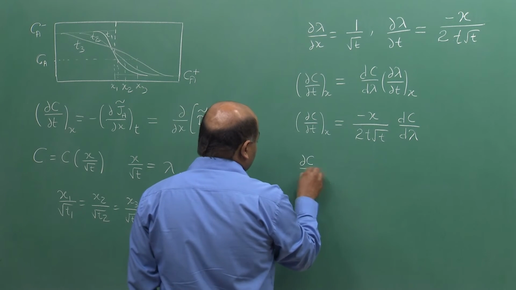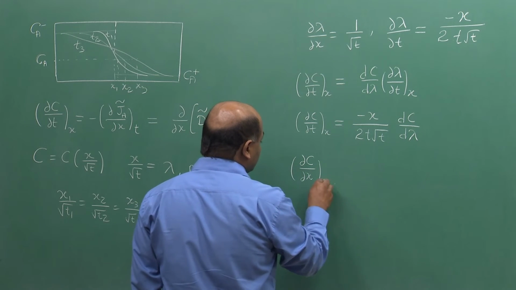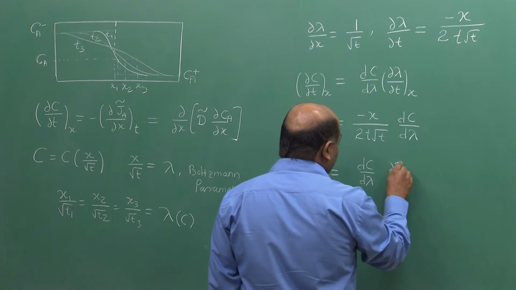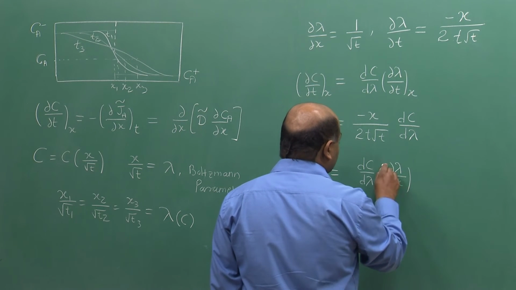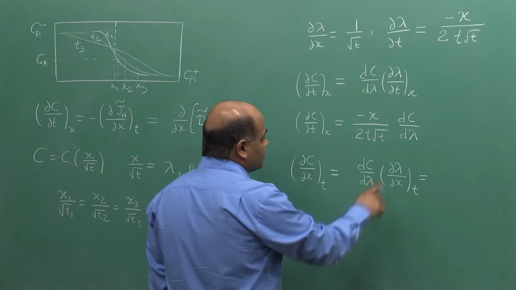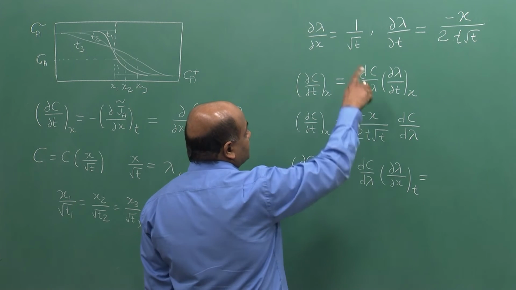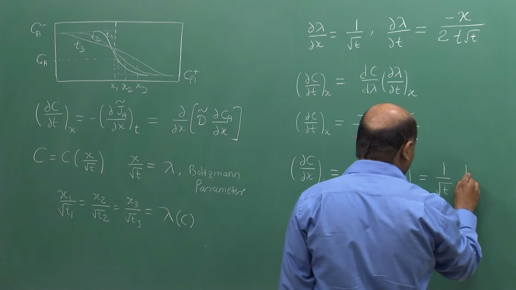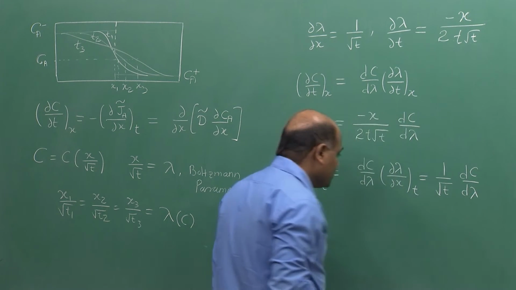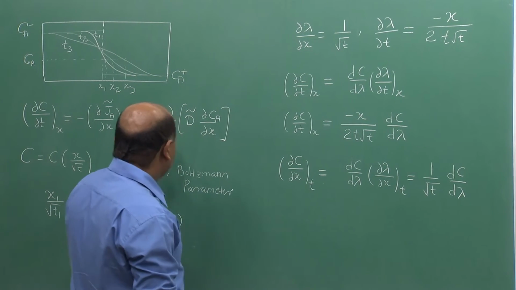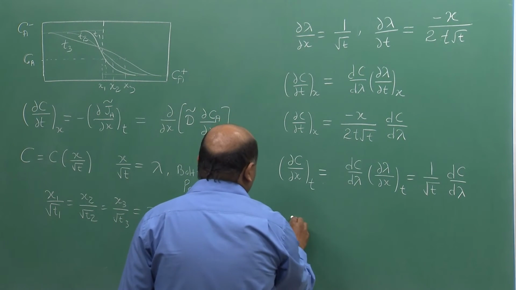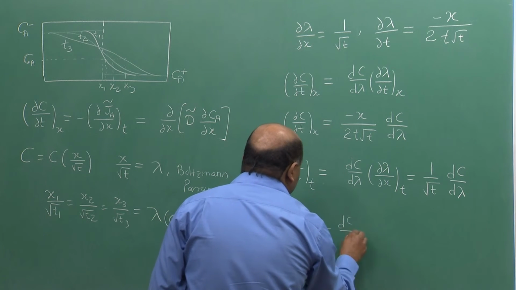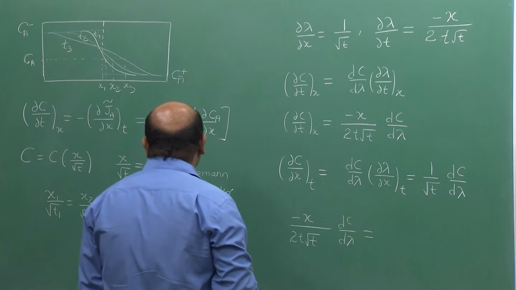Similarly, ∂c/∂x at t we can write as dc/dλ times ∂λ/∂x at constant t, and we know ∂λ/∂x at constant t is 1 over root t. So, this should be equal to 1 over root t dc/dλ, and if we substitute in the diffusion equation here, we will get minus x over 2t root t dc/dλ should be equal to